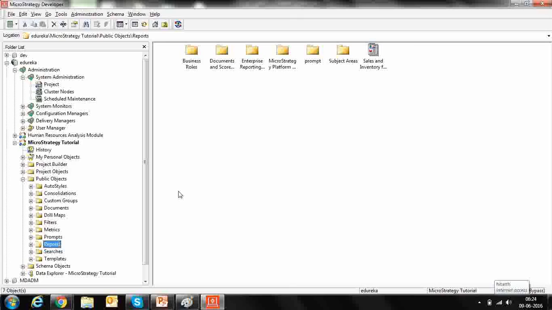So you got a requirement from the customer, as you are a MicroStrategy developer now, that he or she wants to display the months as a group of seasons. Like we have 12 months in the database, from January to December.